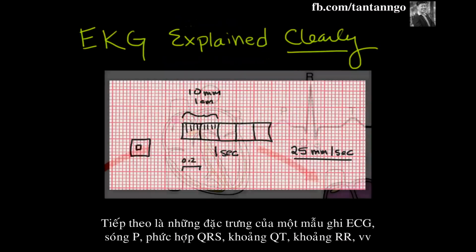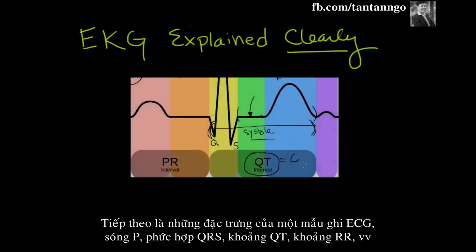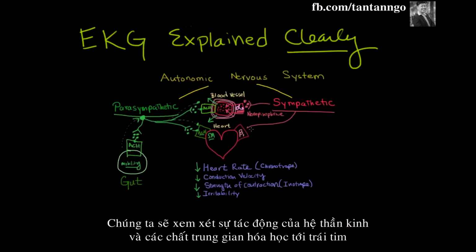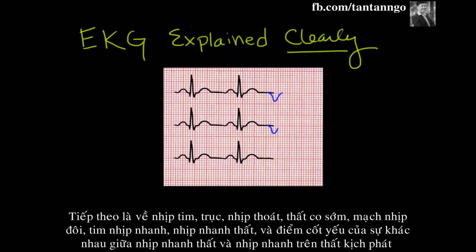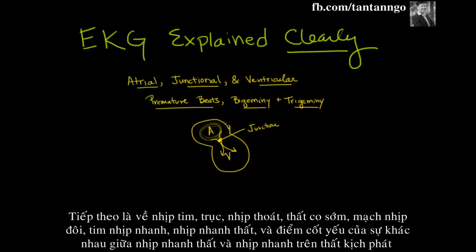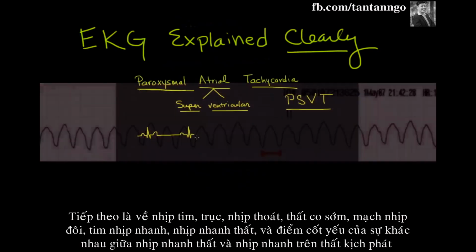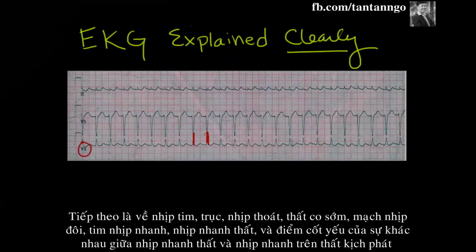Next are specifics on EKG tracing, the P wave, the QRS complexes, the QT interval, the R to R interval, etc. We'll cover the impact of our nervous system and neurotransmitters on the heart, then on to rate, rhythm, axis, escape rhythms, PVC, bigeminy, tachyarrhythmias, ventricular tachycardia, and the key differences between ventricular tachycardia and paroxysmal supraventricular tachycardia with aberrancy,